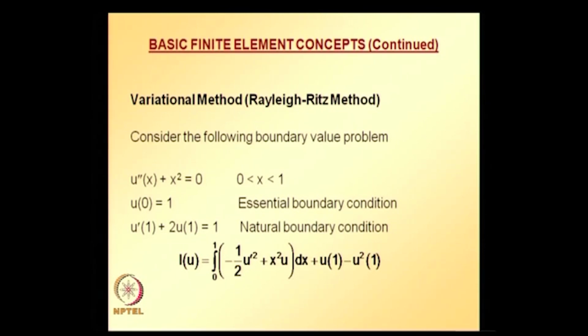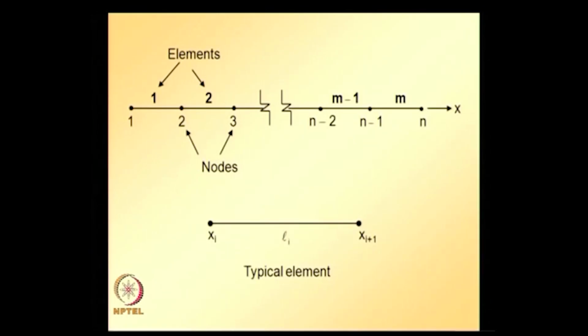One of the key concepts in finite element method is that the solution domain is divided into small parts called elements, and trial solutions are defined over these individual elements, assuming fairly lower order polynomials. For this problem, the domain is divided into m number of elements and the length of each element can be different or it can be the same. So, here the problem domain 0 to 1